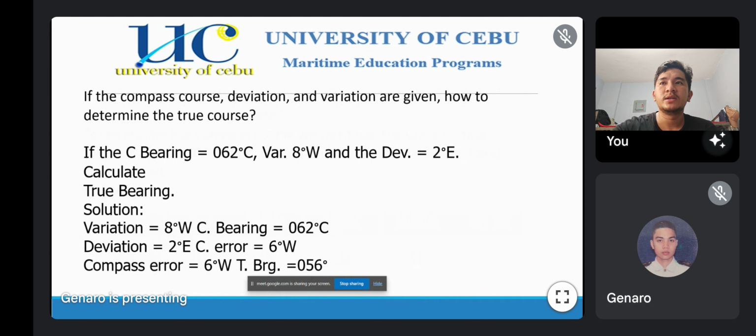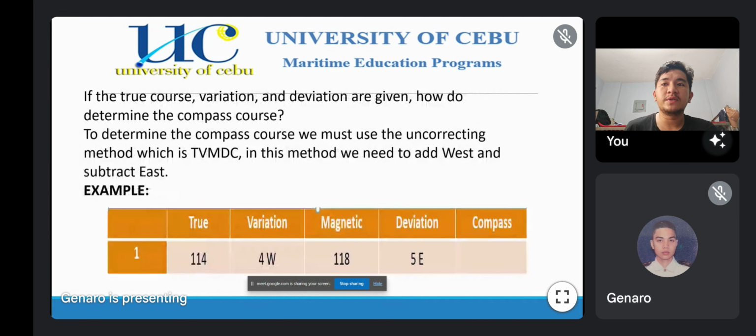So if the true course, variation, and deviation are given, how do we determine the compass course? To determine the compass course, you must use the uncorrecting method, which is TVMDC: "True Virgins Make Dull Company at Weddings". All right, so for the example here,